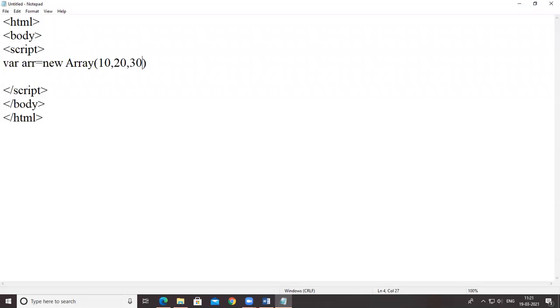So there is no need to give the double quote for the numbers. I'm using here one of the functions of array. I'm going to calculate the length of the array. That means how many values are stored in an array. Okay. So it counts the values and returns a number.